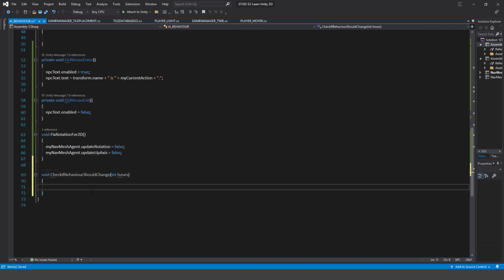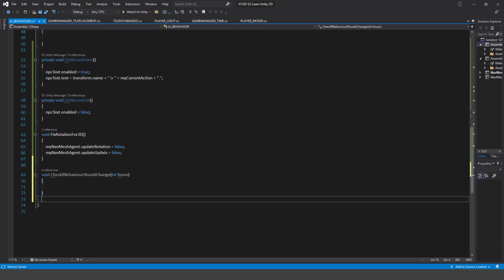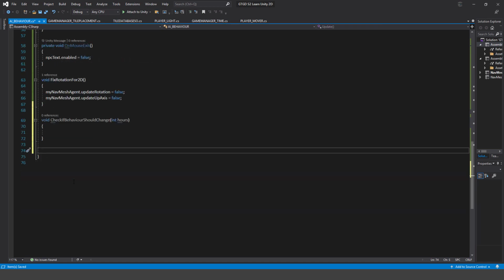I'm going to have from the time script, by subscribing to the event in the time script, the hours pass into this method, and I'm going to check if the hours have changed such that the AI should be doing something different than they currently are. So we'll get to that. There's a bit to write in there. We'll get to that. Before doing so, I'm just going to put in here, void is my next method is